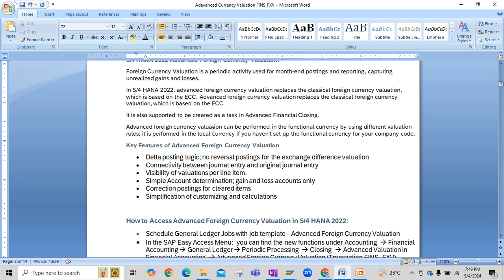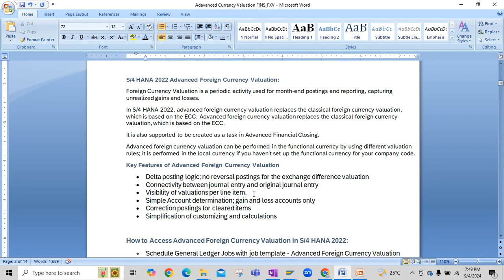Okay. So the key features of advanced foreign currency valuation. Basically, the system will always evaluate and always post delta posting here. If you remember, in FAGL FCV, the system used to reverse the posting of the exchange rate differences, meaning if you did valuation at month end, the entry used to be reversed automatically in the next month. That reversal will not happen here in advanced foreign currency valuation, because the system will always consider